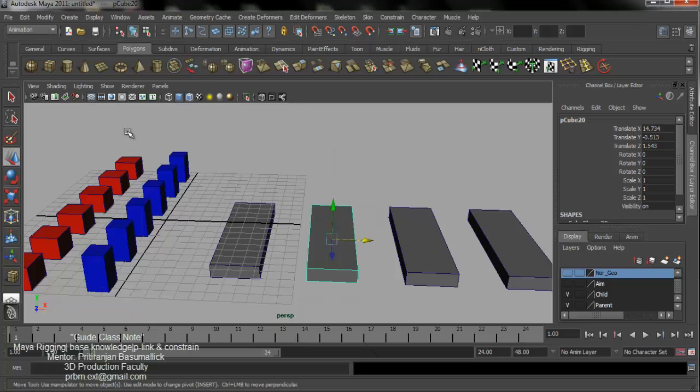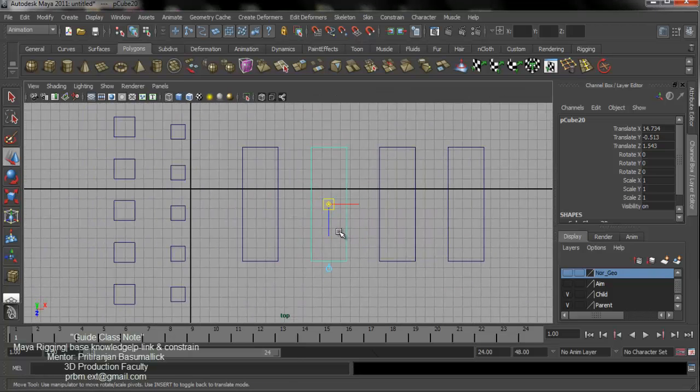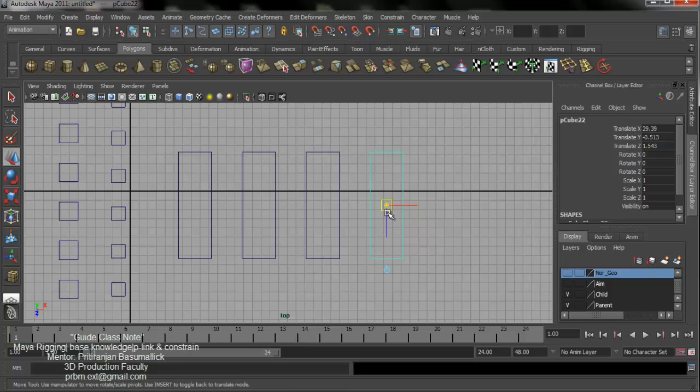I select that and I want to move that pivot point, so I hit D. When I hold D, the move tool goes into editable mode and I am able to shift the pivot. Next I select that, hit D and I am able to shift it, and next I select that, hit D and I am able to shift it.